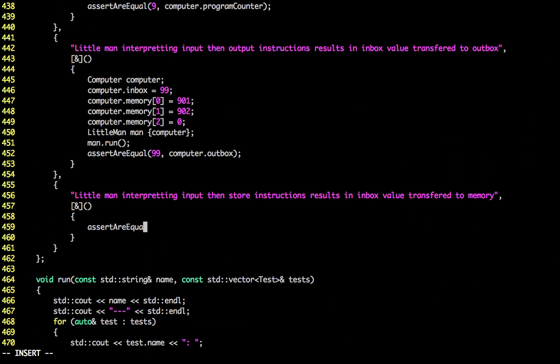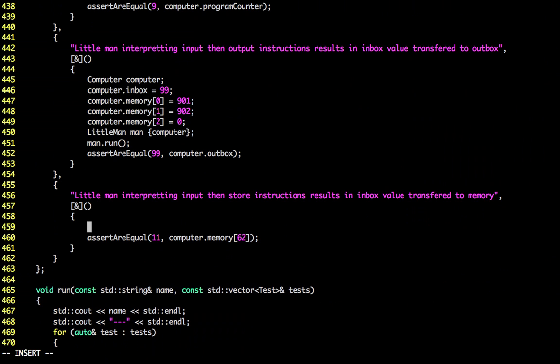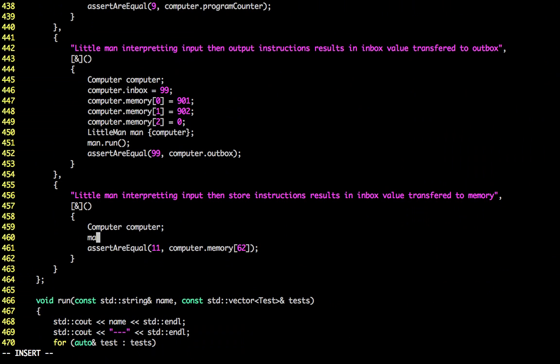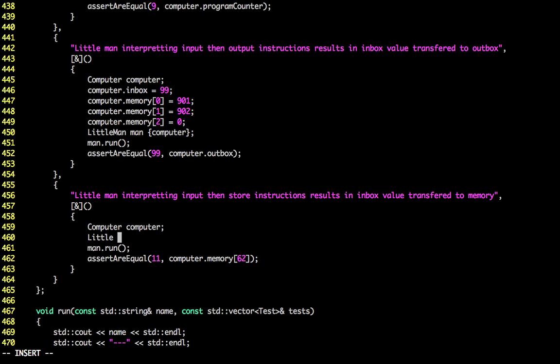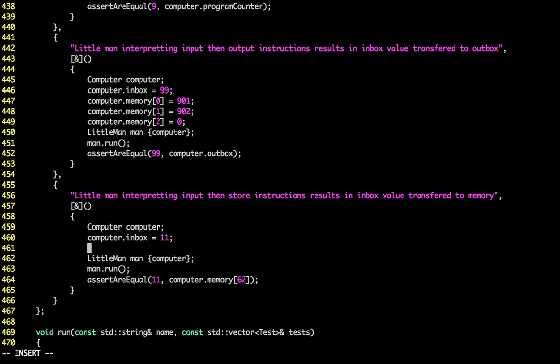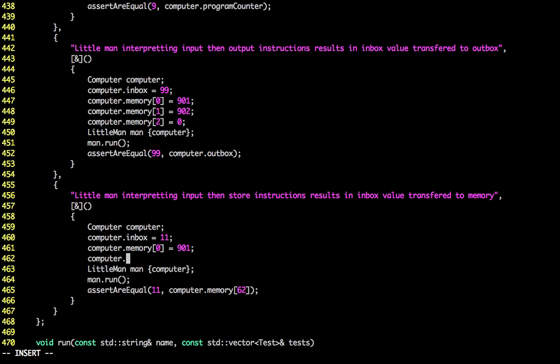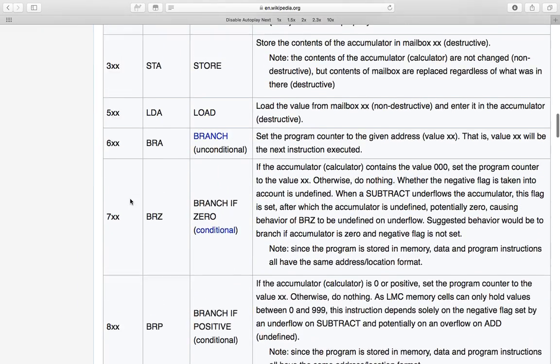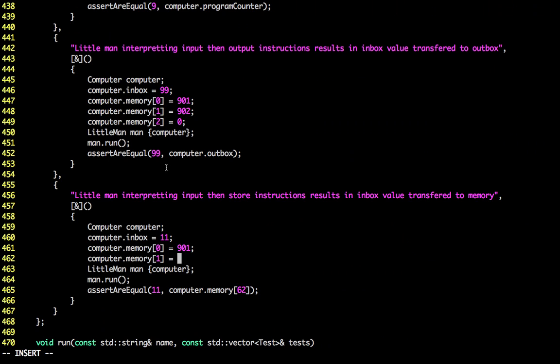So assert equal 11, why not? Memory 62, doesn't really matter. Let's be a bit bold and skip a few steps here of running the tests, as I think we're relatively confident we know what we're doing. Like so, and then the inbox value is going to be 11 this time, and then our first instruction sets the accumulator, and our second instruction is a store, which will be 300 into memory 62, so 362,